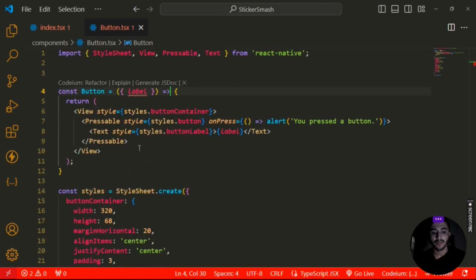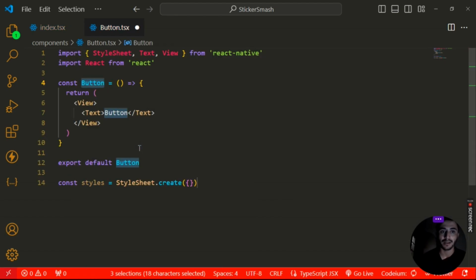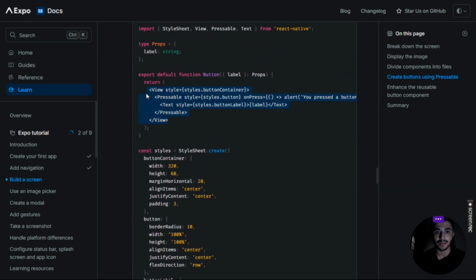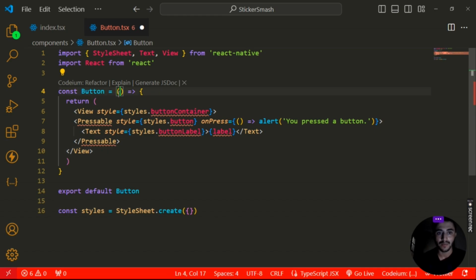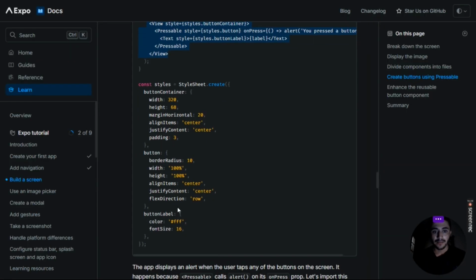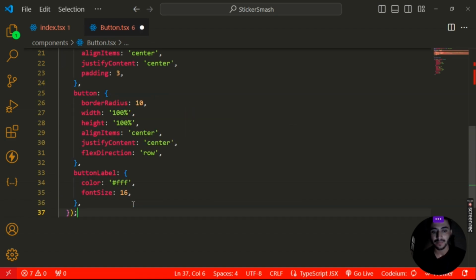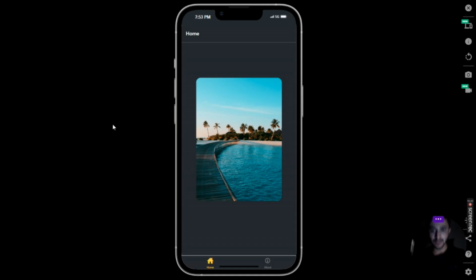So we are not copying all the components from the official website. For this, what I am doing, I am just copying this and pasting the code which is necessary for us, and also I am passing the label, and also I have to include the style for our app. So that will be this, and we have to import the Pressable from React Native, and I hope it will